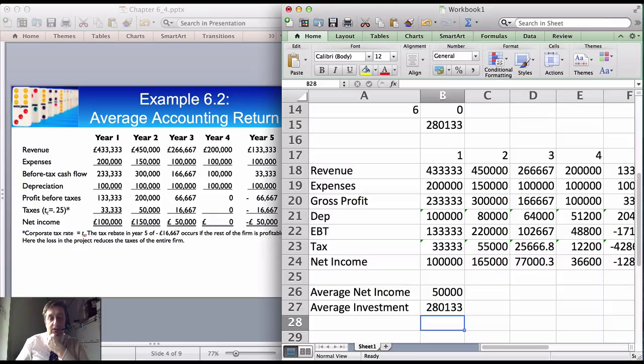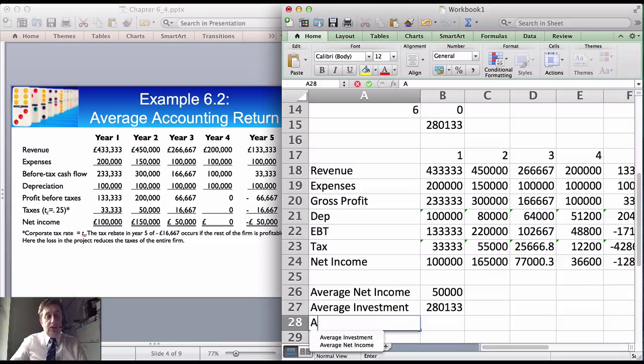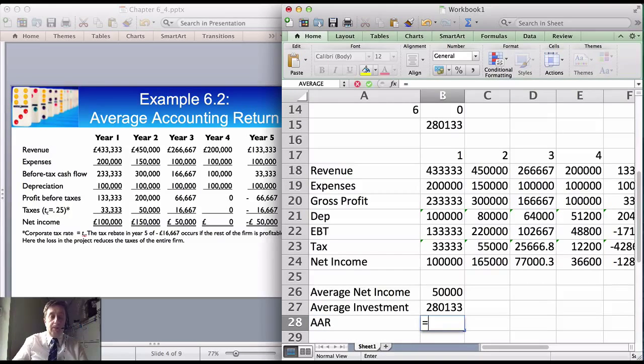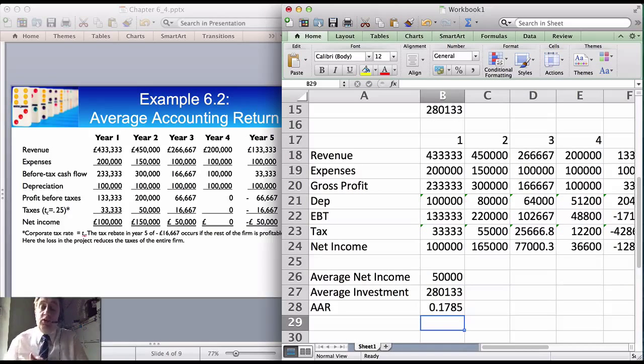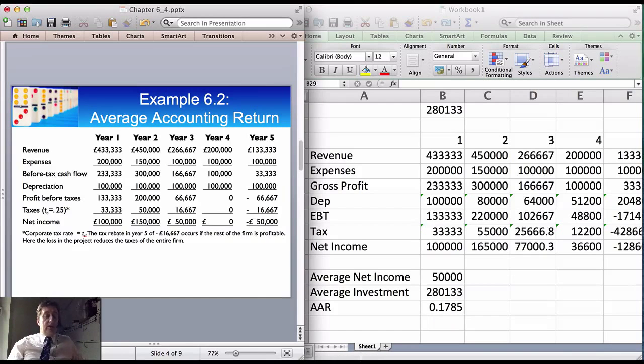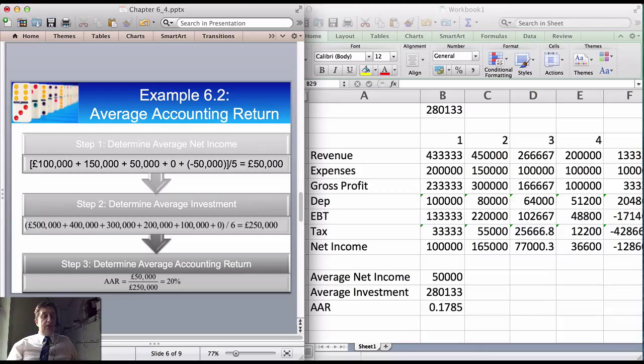We've got the average investment there. So what's the average accounting return? 17.85%. So if you use reducing balance, your average accounting return will be less than if you use straight line